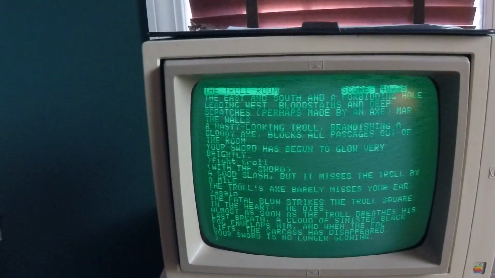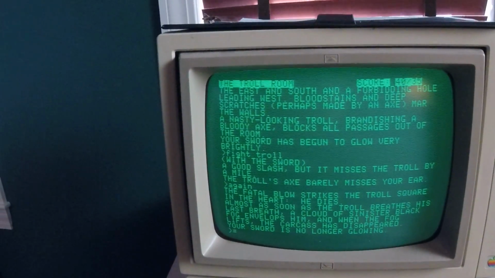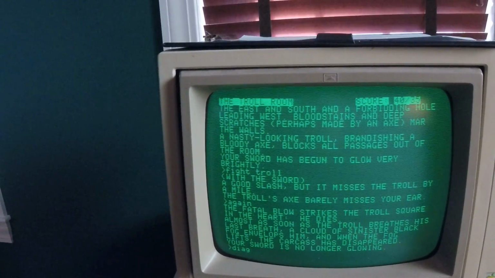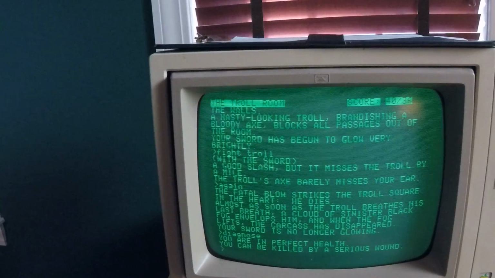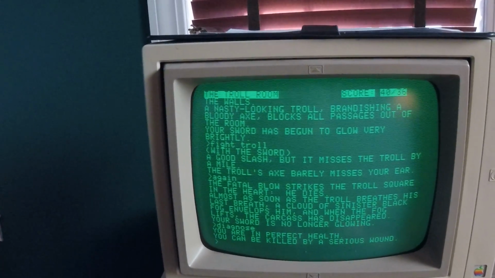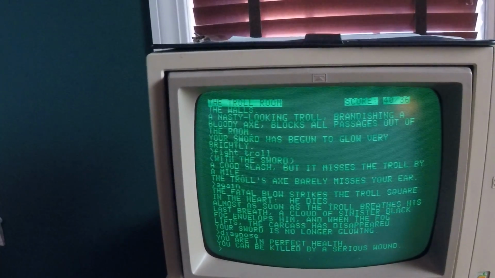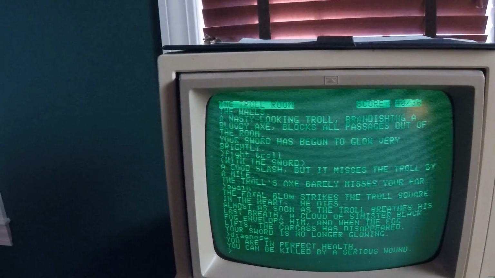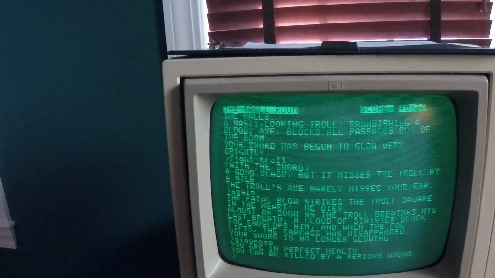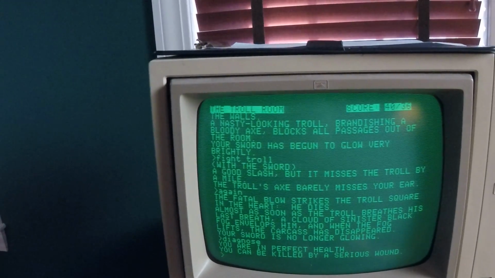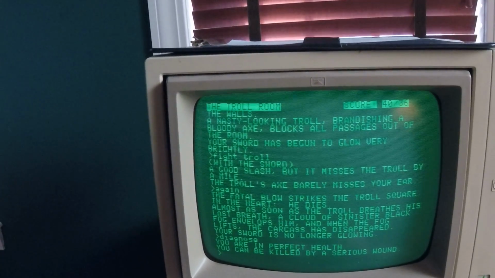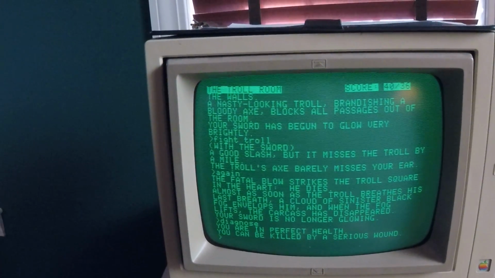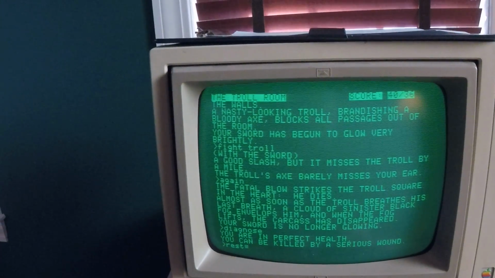So as far as life and death goes in this game, obviously we saw that death can come swiftly, but if you want to know how you're doing, you can diagnose your pains. You can take 2 slight wounds or 1 serious wound. If the troll had hit us, it may say you've been hit and there's blood trickling out of your leg or something like that, and that would be a slight wound. If you have 2 slight wounds, you're dead. If you have 1, you're still alive, but your carrying capacity is diminished, so that can be a challenge as well. All right, so the other thing I wanted to show,